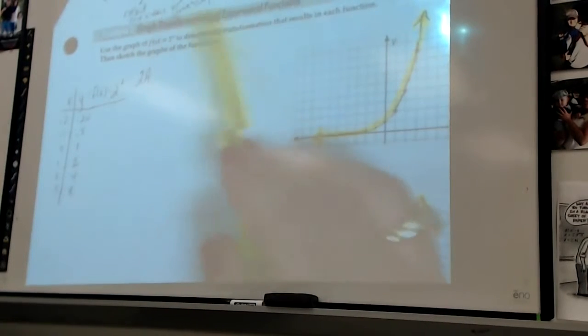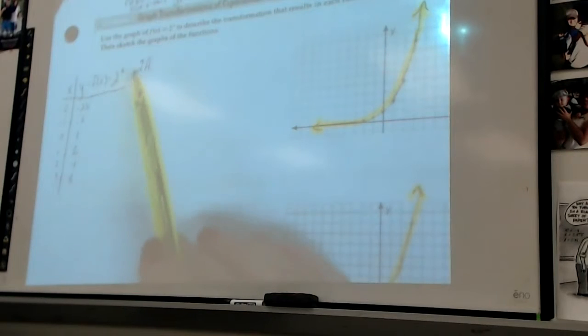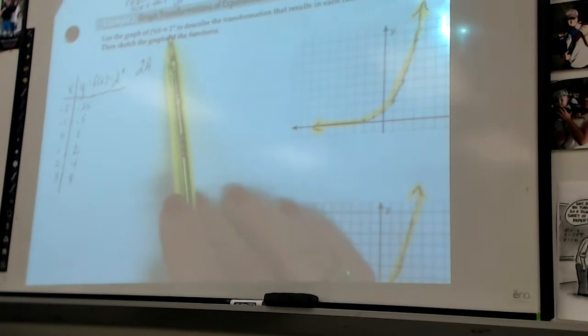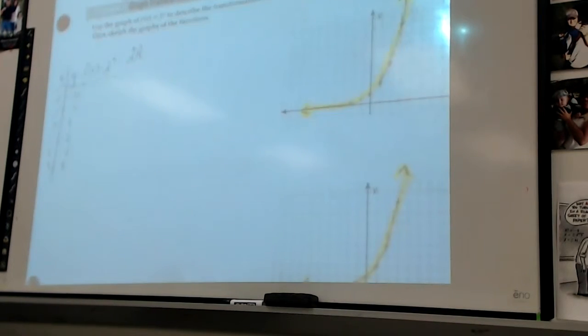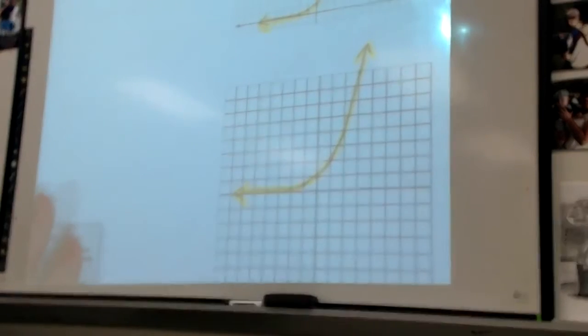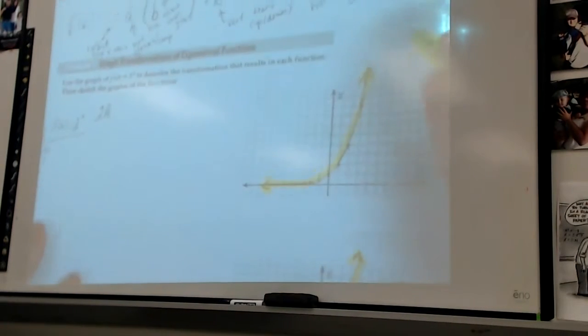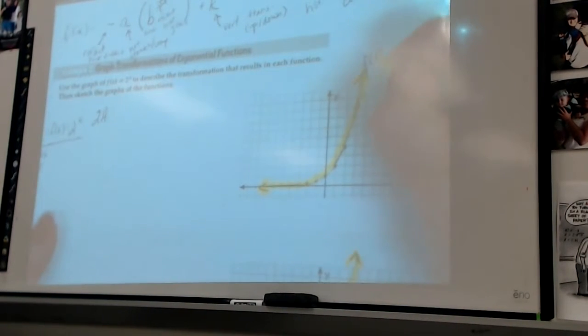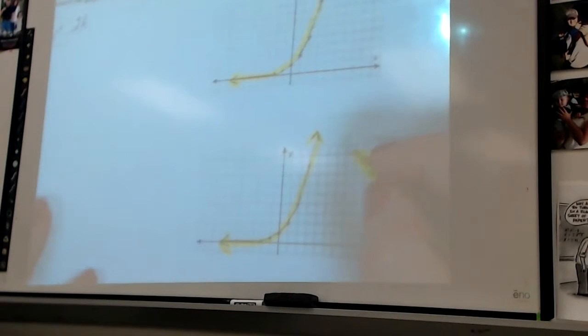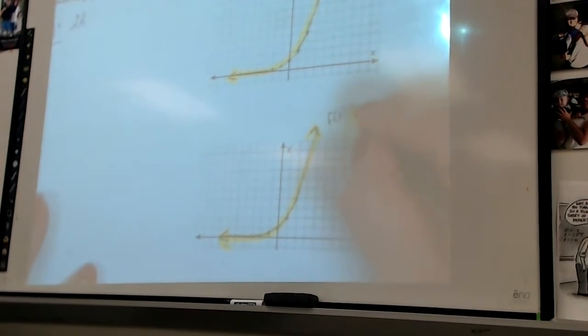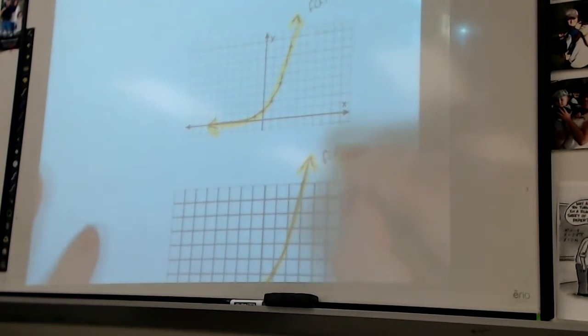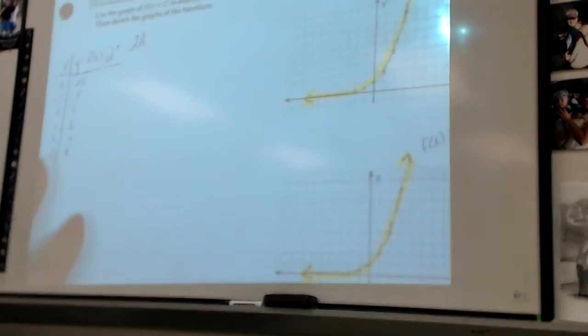And then we talked about all these numbers and what they mean, and that's what we're getting ready to do. Use the graph of f of x equals 2 to the x power to describe the transformation that results in each function and sketch the graphs of the functions. So we had gotten the 2 to the x graphed on each one of them. So this is f of x equals 2 to the x. Okay, all right, now we're going to graph